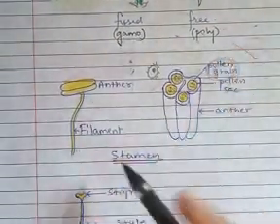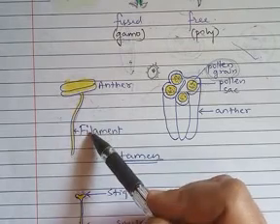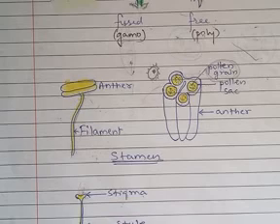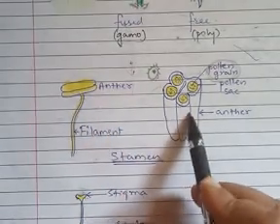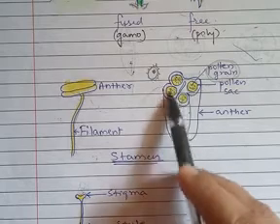As you can see, the stamen has two parts: a slender thin part called the filament, and at the top you can see the anther present. The anther consists of two lobes, right? Now this is the internal structure of the anther. When you cut the anther, it looks like this, right?